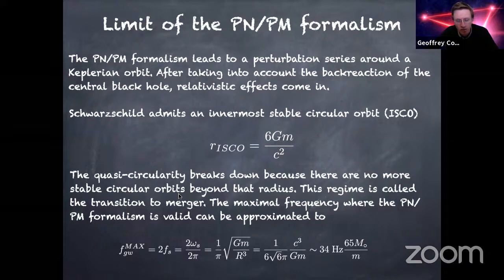So this regime is called a transition to merger, and so it's not covered by the post-Newtonian or post-Minkowskian formalism. You can estimate the frequency where this formalism is valid to be the frequency where we reach that estimated ISCO. The frequency of the gravitational wave is 2 times the frequency of the source, and the frequency of the source, using the Keplerian relation again, is this. Now if you replace it with this estimation of the ISCO orbit, you get this one. And if you scale with the total mass of our system here, you get